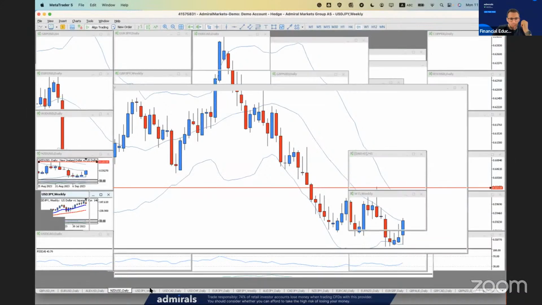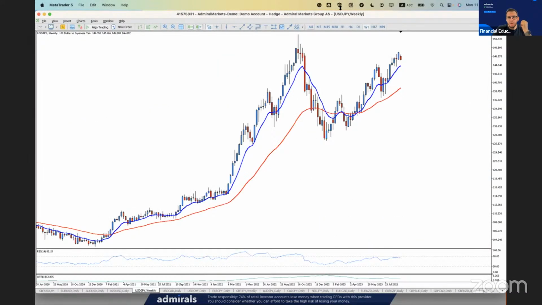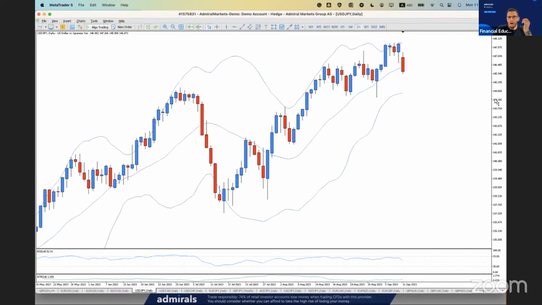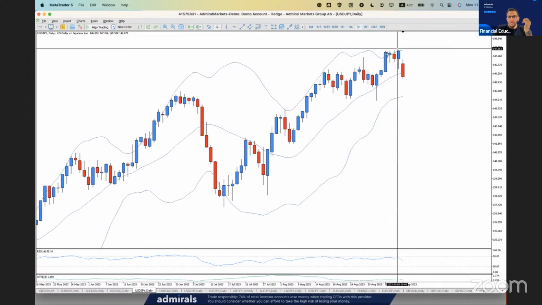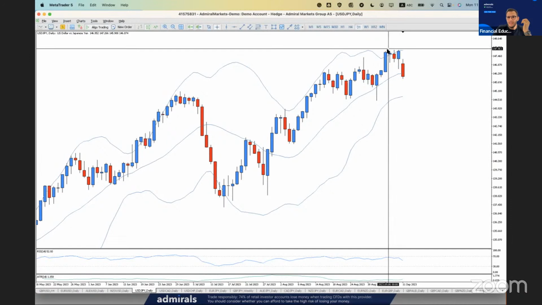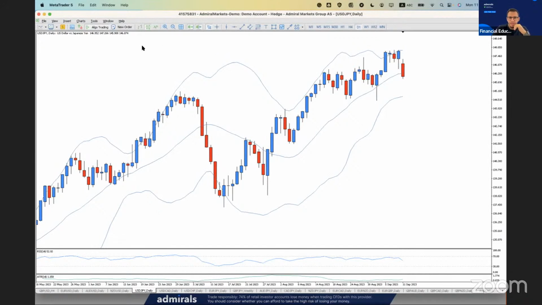Okay. Next one, USD JPY on the weekly chart. Price is making higher highs and higher lows. Of course, we expect some correction down the track. Let's check the daily chart. Price topped at this area here. It likely flushed out many stop losses on the market from people who tried to sell right at this level. We observe that there is some bearish divergence on the RSI or any other indicator you may plot.